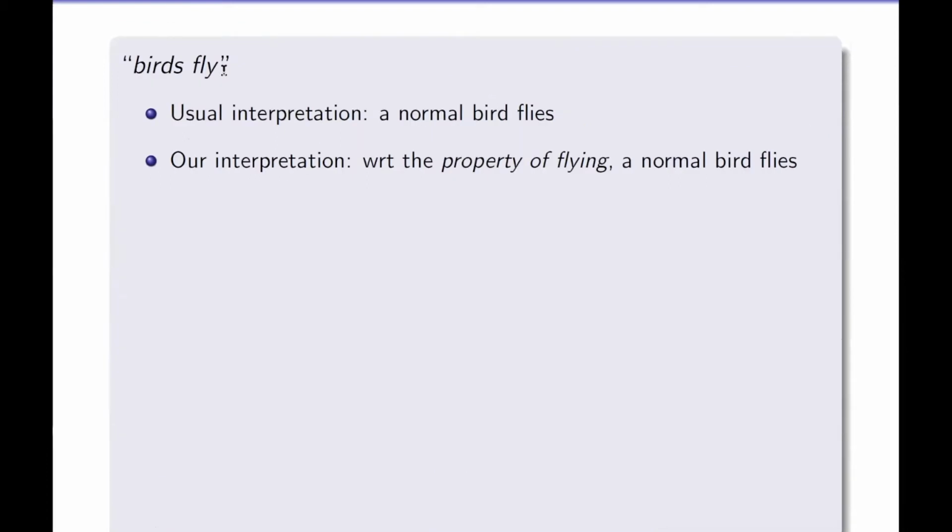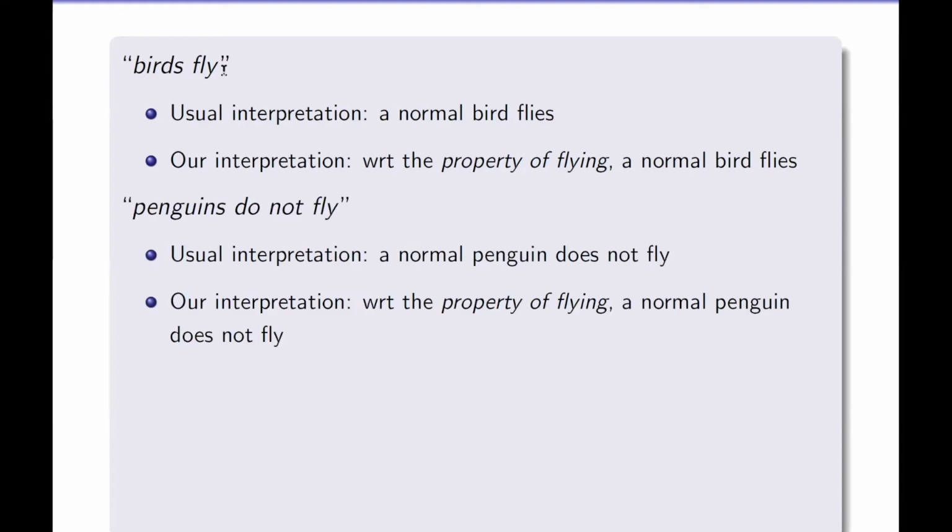We begin with some basic examples from the literature in order to showcase this point. In the usual birds fly example, the usual interpretation is quite simply that a normal bird flies. Our interpretation, and what we believe makes most sense, would be to say that with respect to the property of flying, a normal bird flies. When we say that